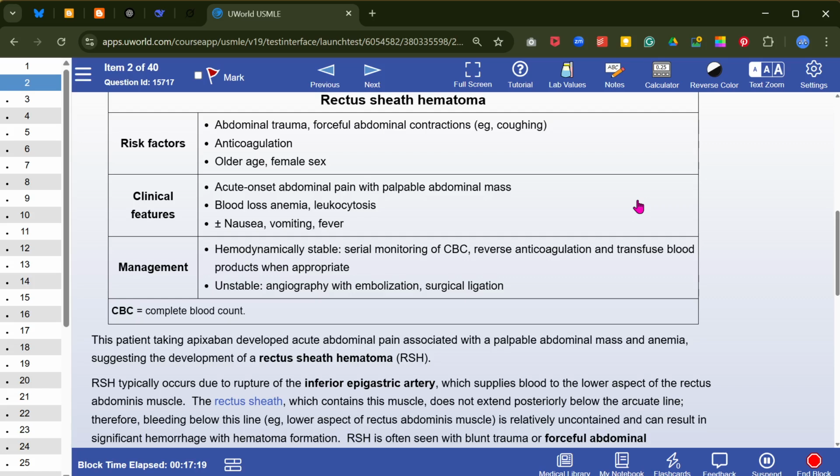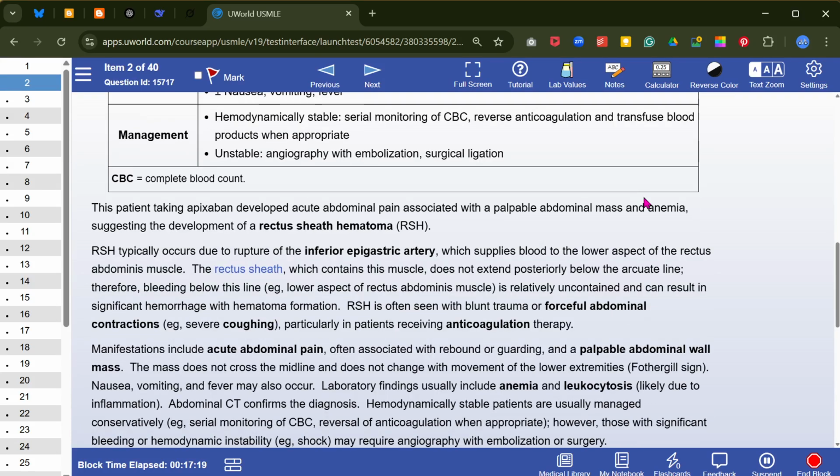below the arcuate line. Therefore, bleeding below the line, in the lower aspect of the rectus abdominis muscle, is relatively uncontained and can result in significant hemorrhage with hematoma formation. Rectus sheath hematoma is often seen with blunt trauma or forceful abdominal contraction, severe coughing, particularly in patients